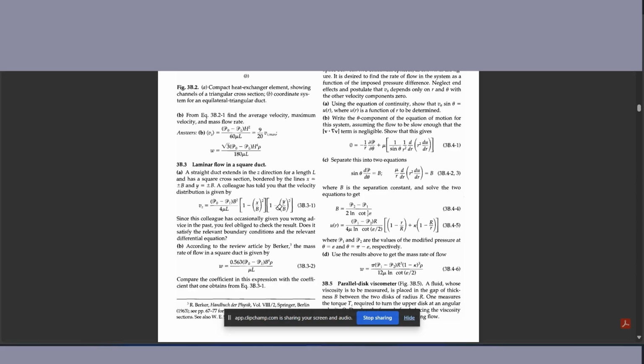So basically, we're going to verify this profile by first deriving an unsolved differential equation with derivatives, the second derivative of vz with respect to y and the second derivative of vz with respect to x. It's going to have those in the expression, and then we're going to take the partial derivative of this equation with respect to y and with respect to x twice, and we're going to get the second derivative of vz with respect to x and the second derivative of vz with respect to y from this equation, and we're going to plug it into that